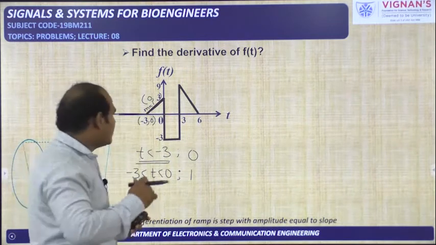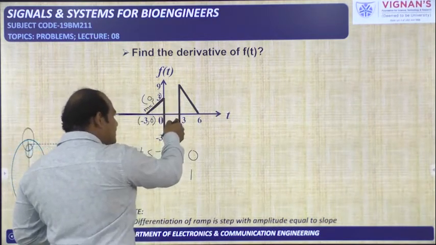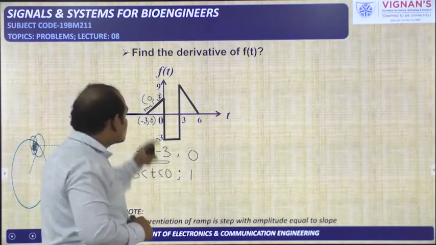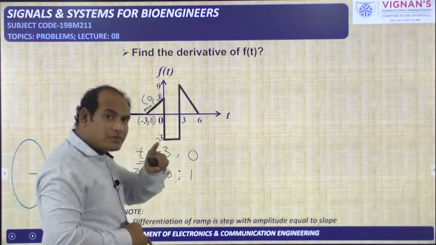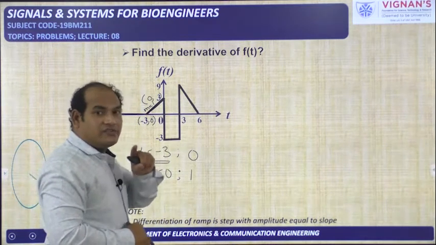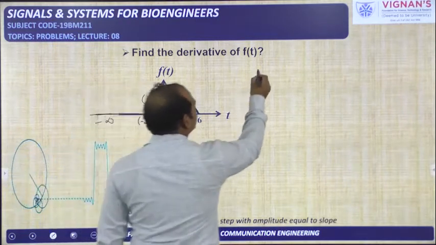Minus 6 we will get. That means there is a sudden change with an amplitude of minus 6. So this is a discontinuity. In our previous classes we have discussed the derivative of a discontinuity, that is the impulse signal, because you see here